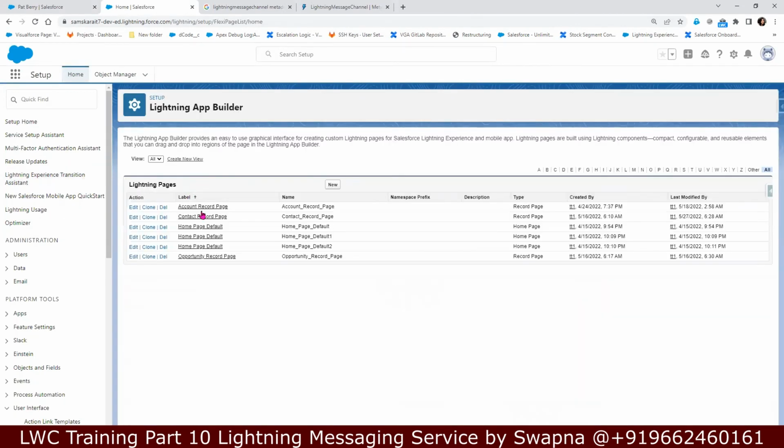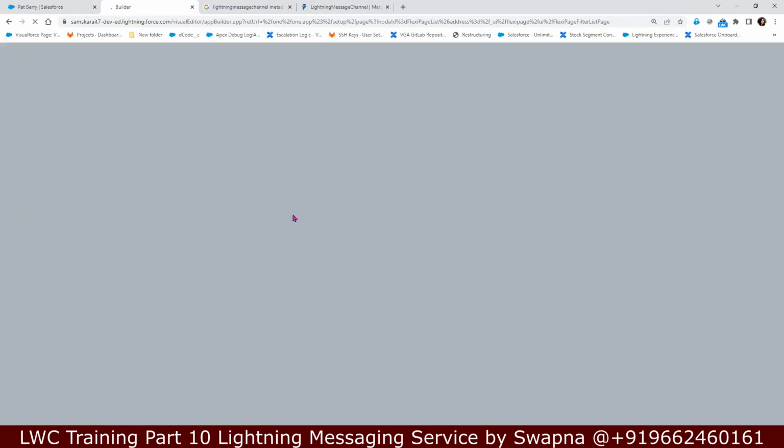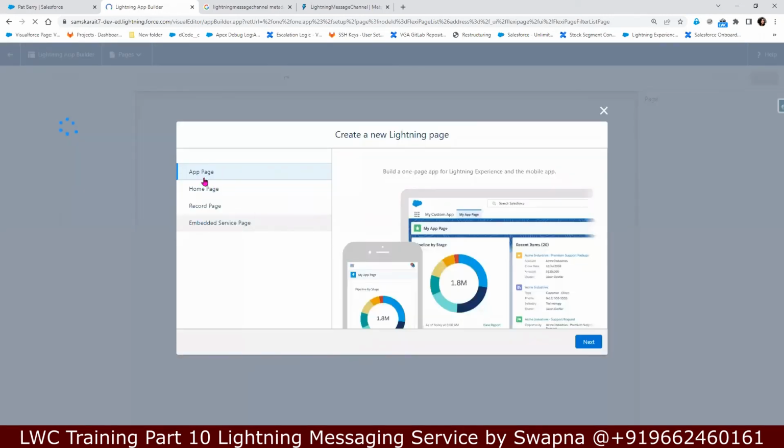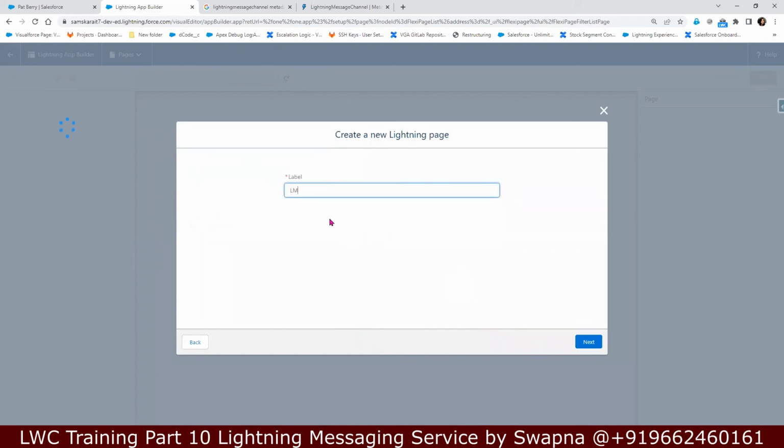So here we'll see Lightning pages. We'll create a new Lightning page. Click on this new. And we have an app page, home page, record page, embedded service page. So we'll just check the app page. Next, let's give the label name LMS. Next,